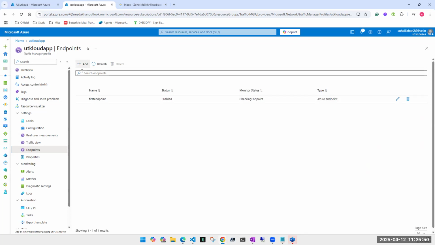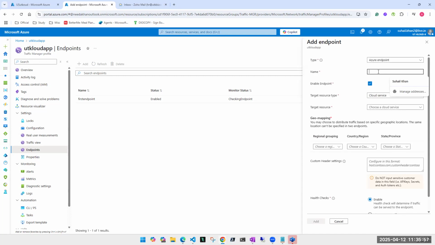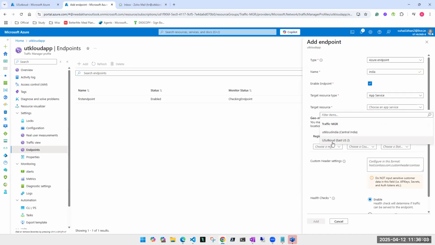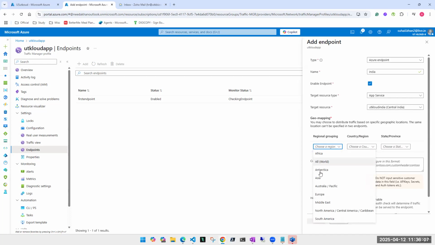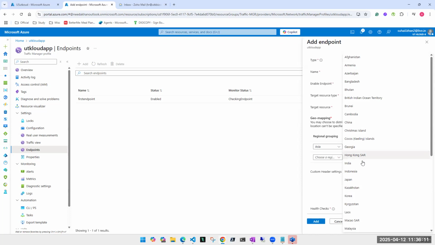So let's add this one, I'm creating for India. Again, app service. I'm using app service. I'll be selecting this one, Central India app. So any traffic which is coming from Asia, India,